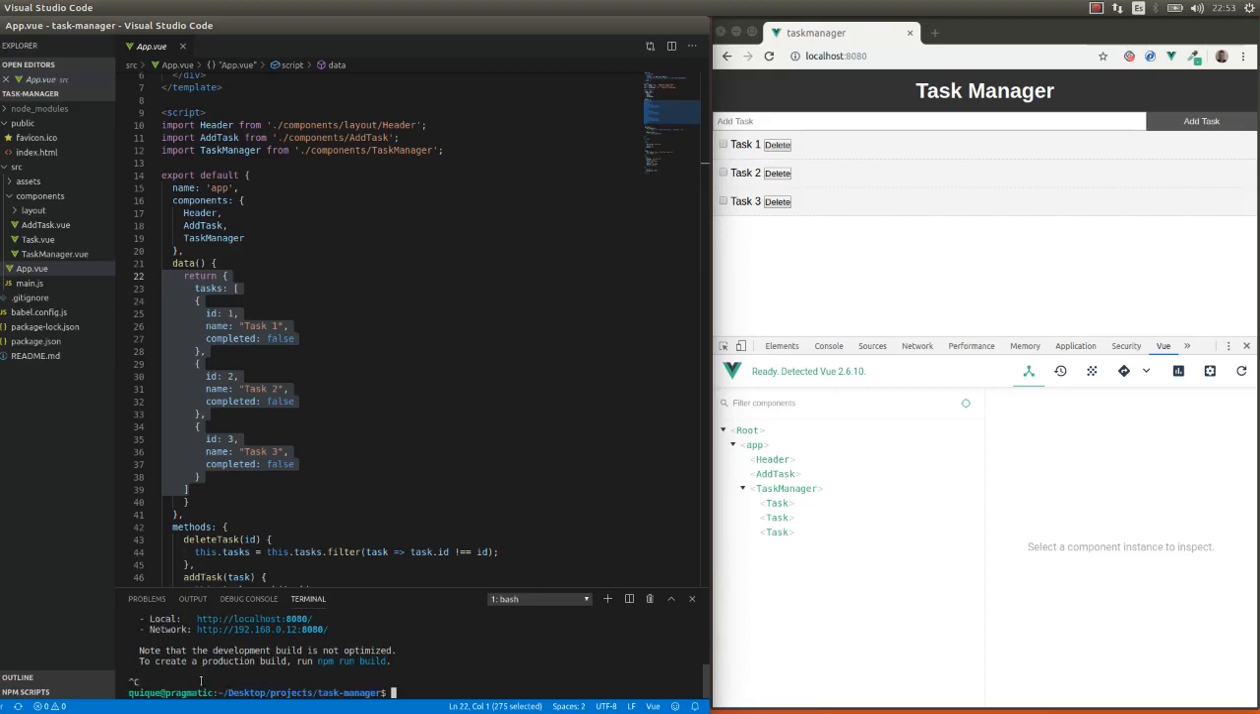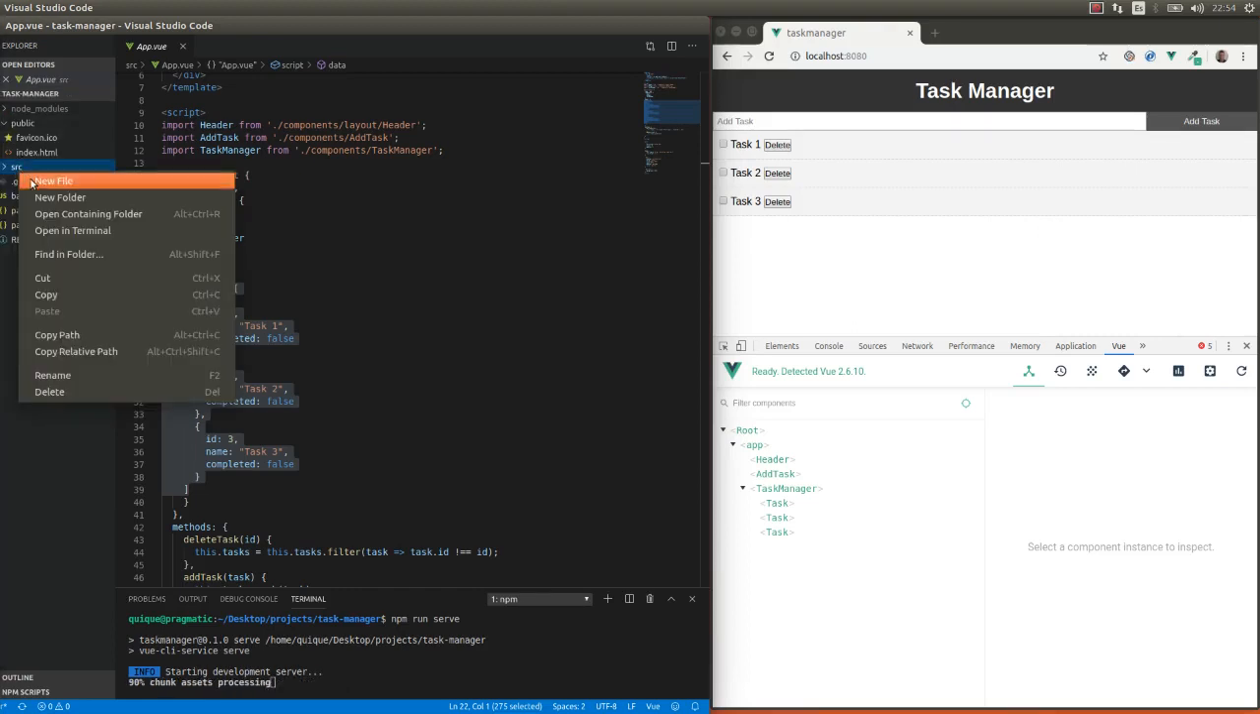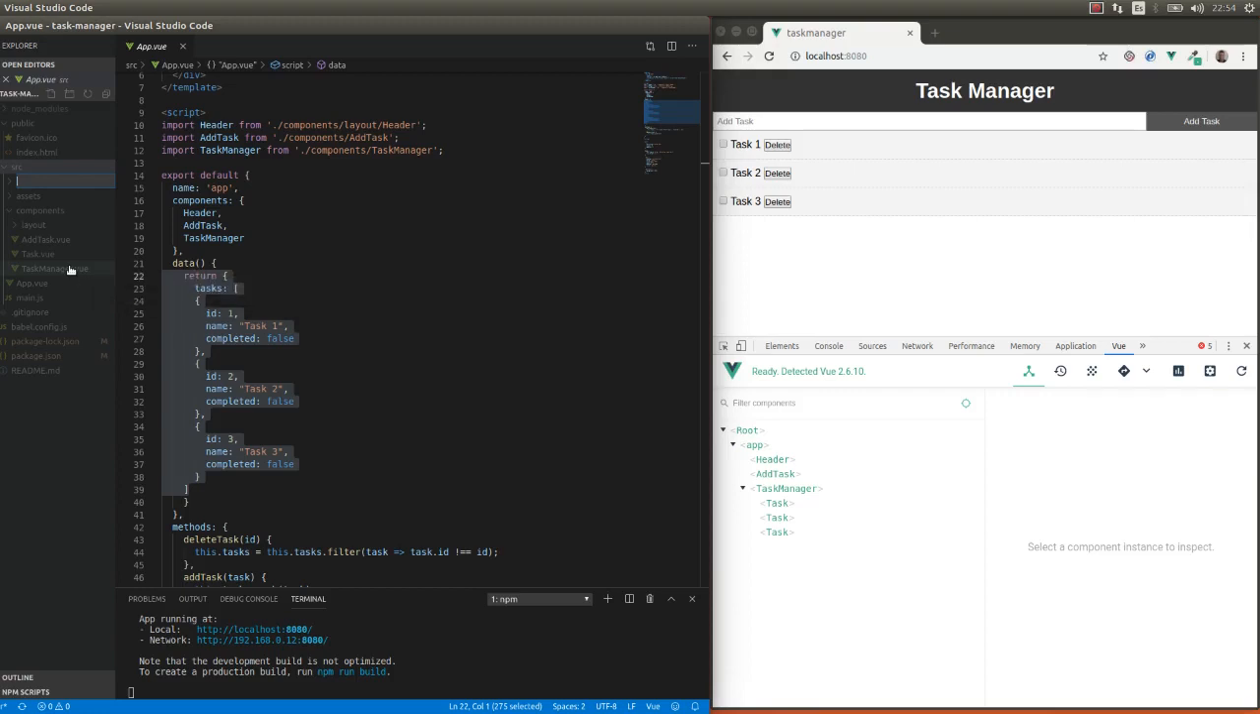So first, I'm going to cancel this, and I'm going to install Vuex using npm i vuex. Okay, once we have that installed, I'm going to run the server again. And first, I'm going to create the store. So I'm going to create a new folder. I'm going to call it store. And I'm going to add a new file,